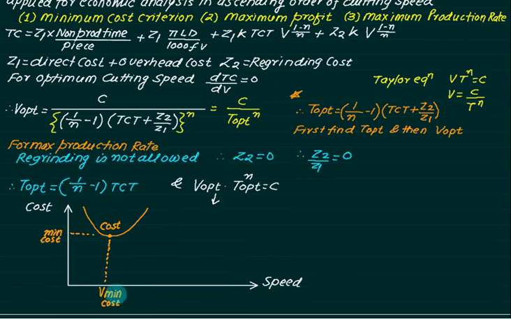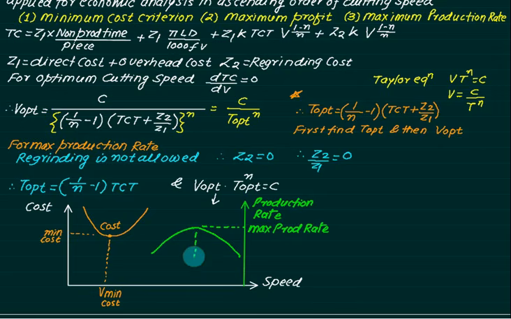Remember, for minimum we have an upward parabola, and the corresponding cutting velocity is for minimum cost. Now we'll plot the production rate, where we are interested in the maximum production rate. So for maxima, our parabola will be a downward parabola. This axis represents the production rate. You can overlap both axes. This must be the downward parabola because we want maximum production. This represents maximum production rate, and corresponding to the maximum value, we have an optimum cutting speed for maximum production rate. What we conclude is that the cutting velocity for maximum production rate is always greater than the minimum cost cutting speed, and in between we have the cutting velocity for maximum profit.